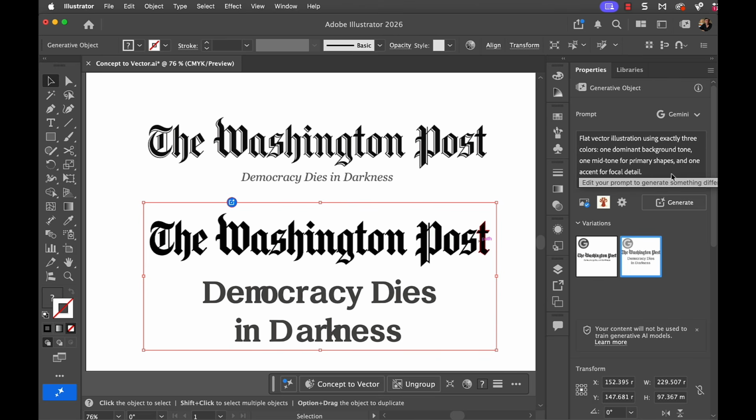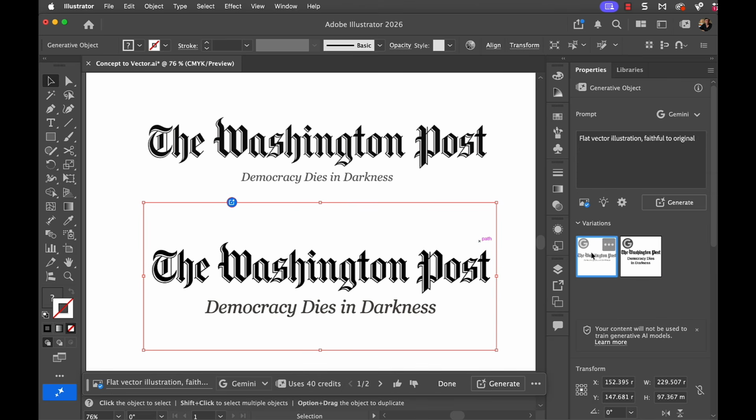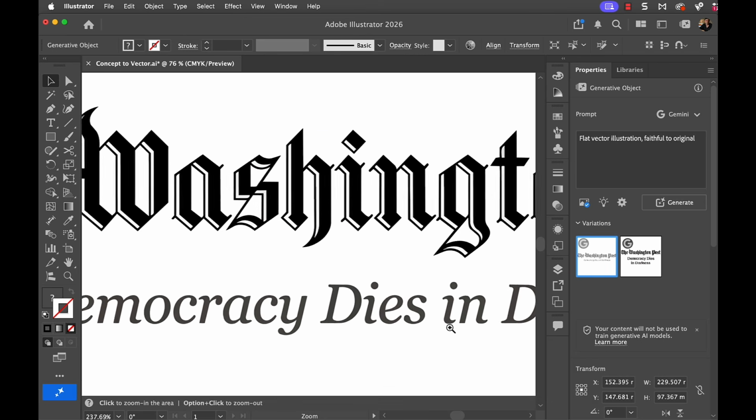So I changed the prompt to just flat vector illustration faithful to the original, and it's done an extraordinary job here. It has matched the black letter perfectly. I cannot see any errors there at all. And it may have increased the size of Democracy Dies in Darkness. But when we zoom in,